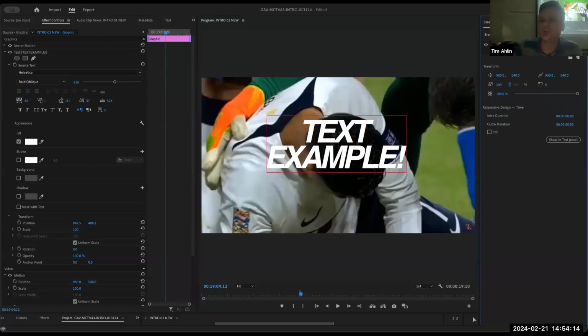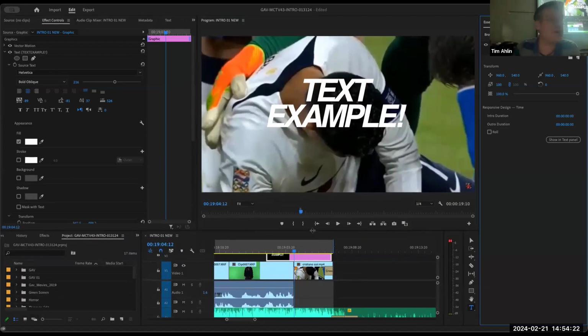Let's scroll up a little bit. I told you Command T gets you a text layer, but also if we go into our tools, we have a text tool. T is the hotkey.